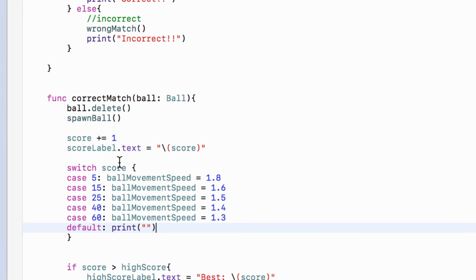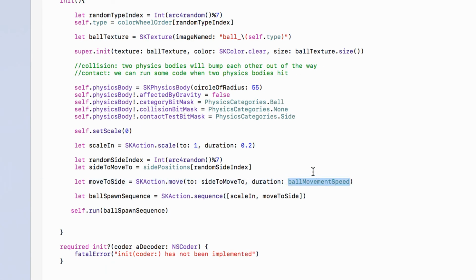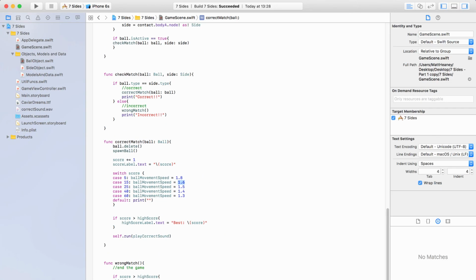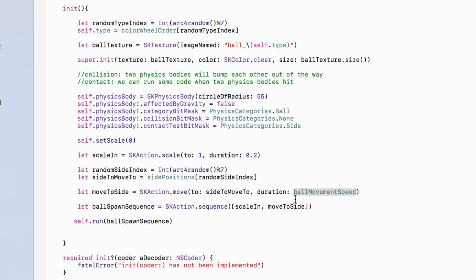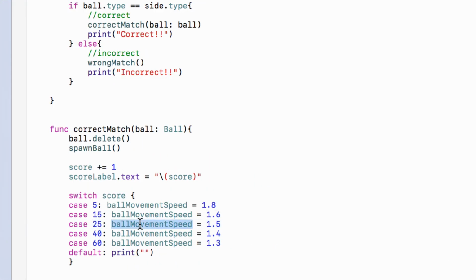Okay, so what we're doing is saying if score reaches 5, change ballMovementSpeed to 1.8 seconds. Then when each new ball is spawned, the ball will take 1.8 seconds to reach its side. If the score reaches 15, set ballMovementSpeed to 1.6 seconds. Then, when each new ball is spawned, the ball will only take 1.6 seconds to reach a side. If the score reaches 25, set ballMovementSpeed to 1.5, so each new ball will only take 1.5 seconds,